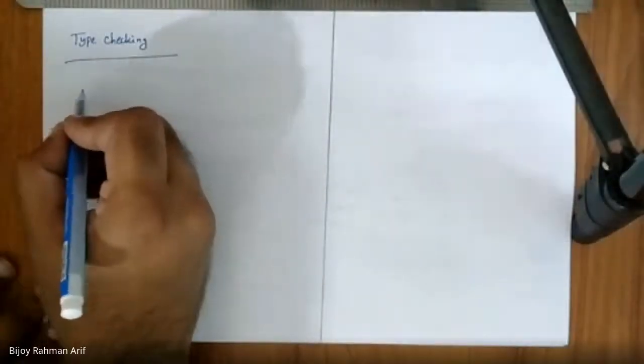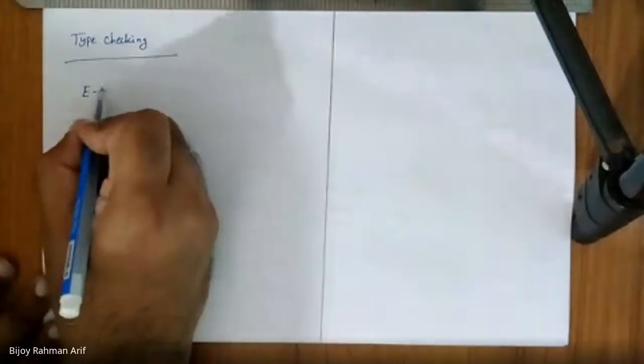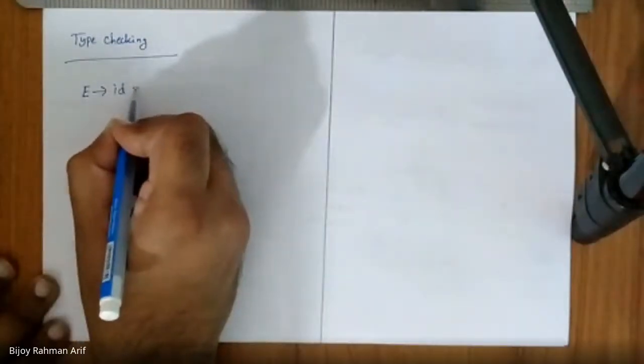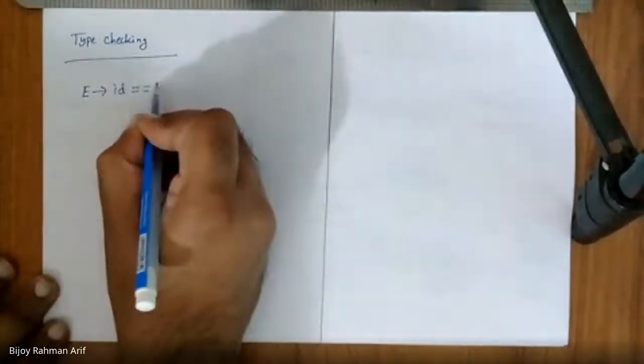So it will be like this. E derives ID question or